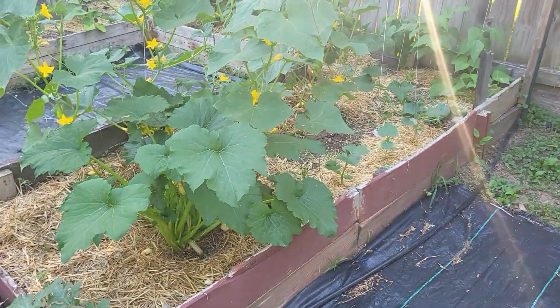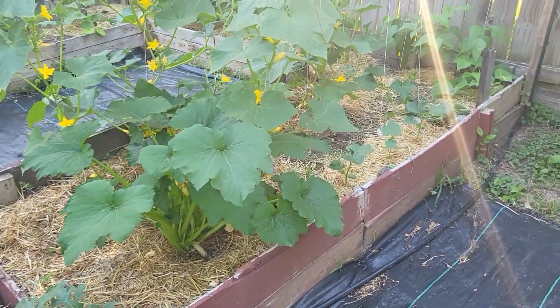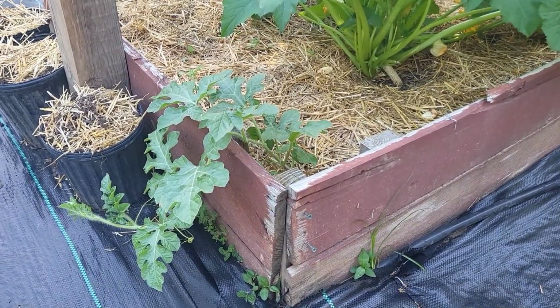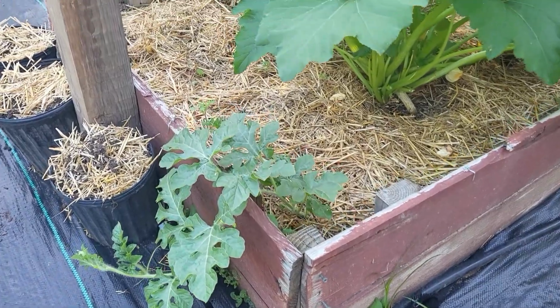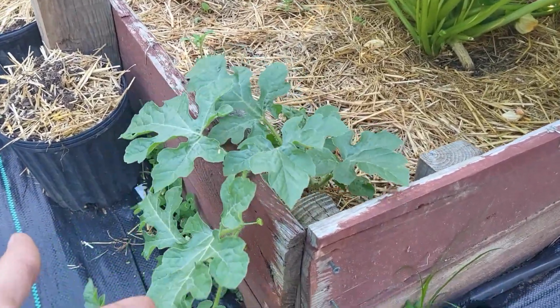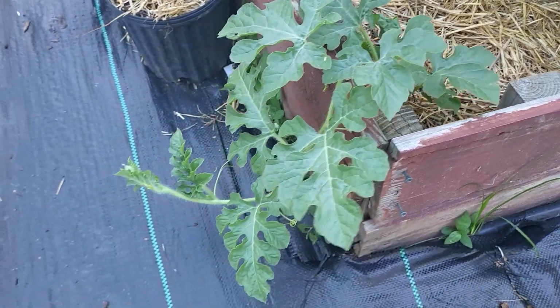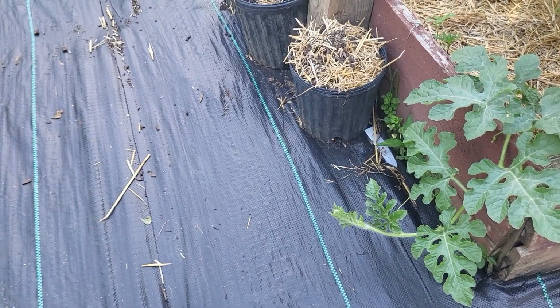Okay, so coming over here, this is my second bed. Well, actually, this is the original bed that was here first. And as you can see here in this very corner, we have a watermelon. Now this is a garden leader monster. And as you can see, this is what we're wanting it to do. Grow right here into the corner, pops out, grows along this,